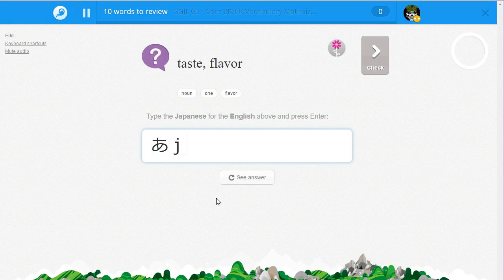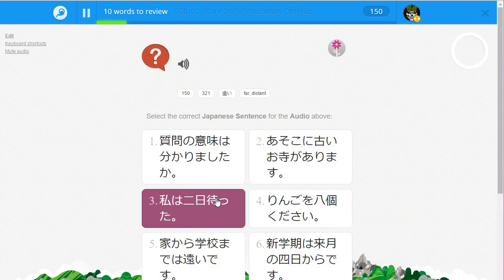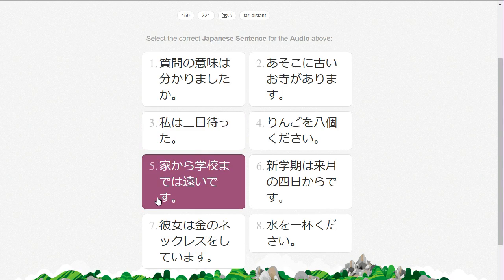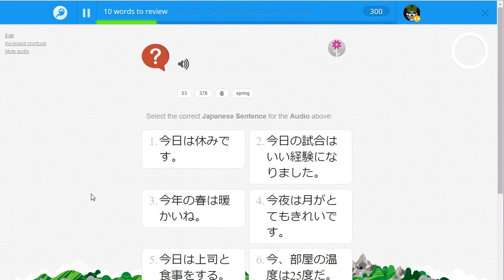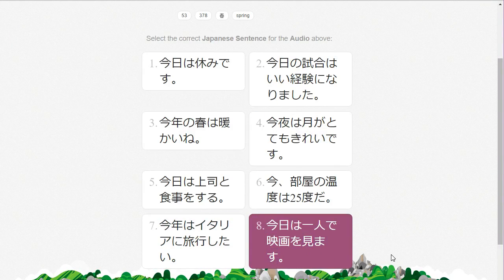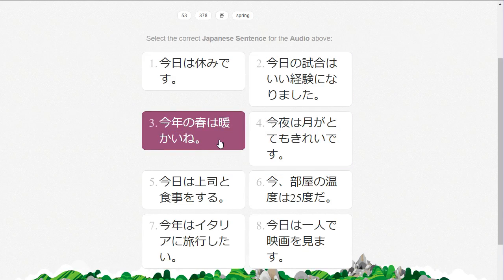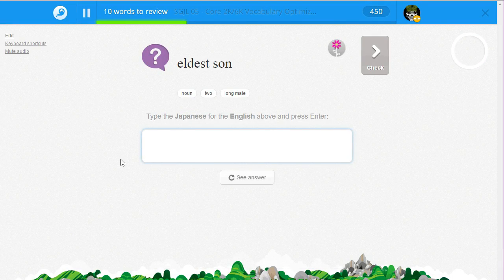All right. 家から学校までは遠いです。不便、遠くて不便。今年の春は暖かいね。今年の春、and there's warmth right there. 暖かい。春。長男。